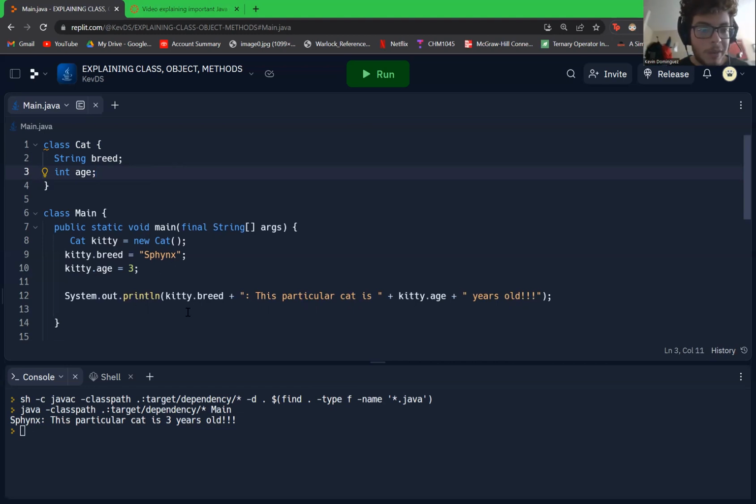For example, I already have some code that I've pre-written. Here we have our class cat. And here we have the kitty object, where we call the string breed. And here I chose Sphinx. If you want to take it more creative,